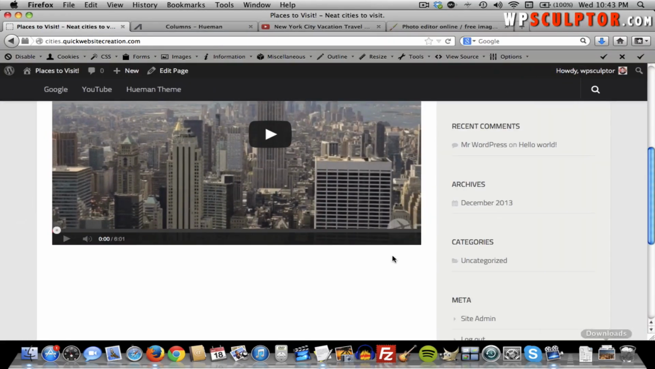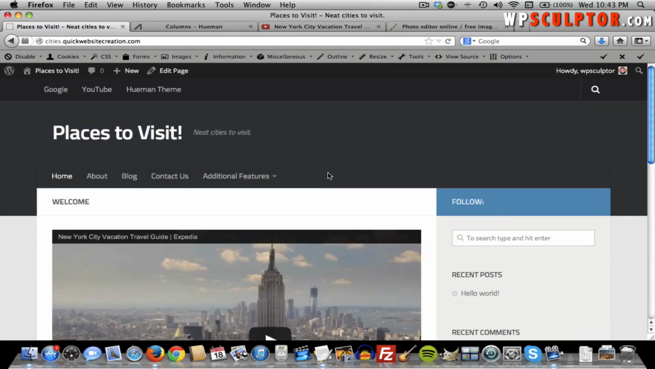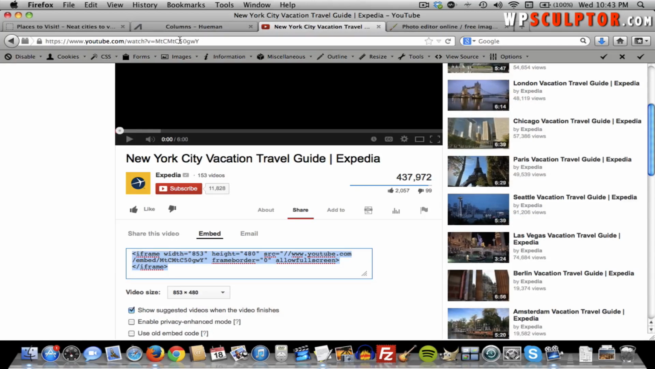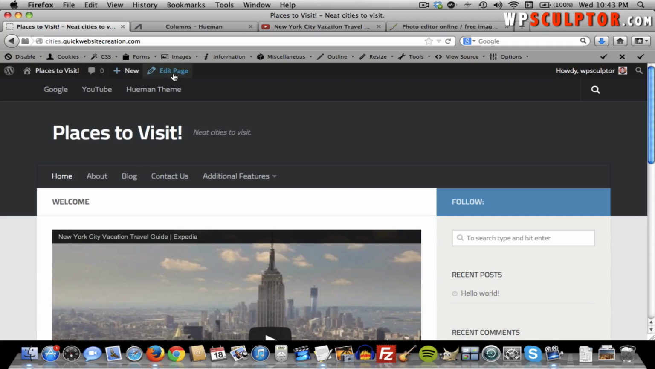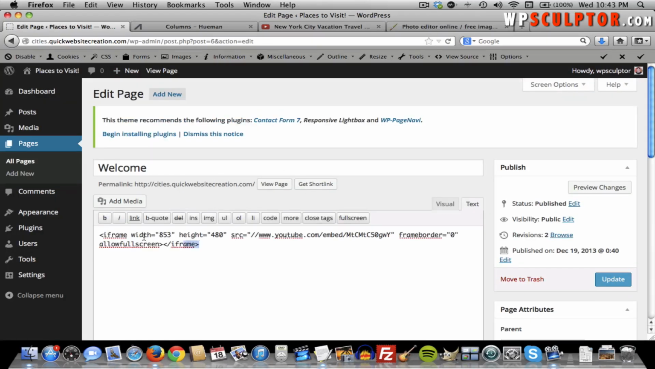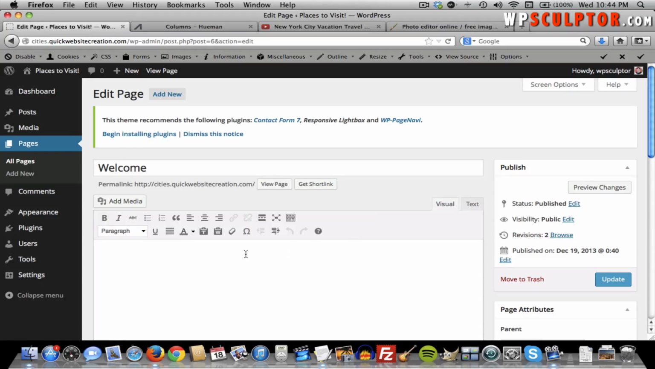But what we can do with the Hueman theme, and this is just one of the many things that makes it wonderful, is the responsive nature of this theme is incredible. All we have to do is copy and paste the URL back. Let's go back to our page editor for the home page. We're going to remove this and we're going to switch back over to the visual editor, and all we have to do is copy and paste that URL from YouTube that matches the video we want. Click on update,